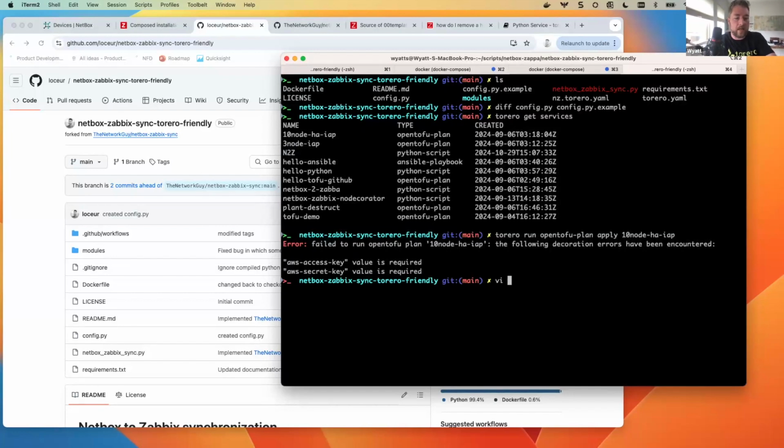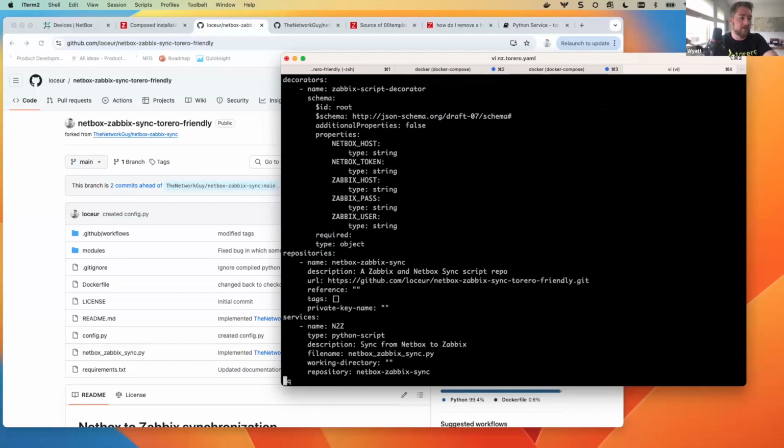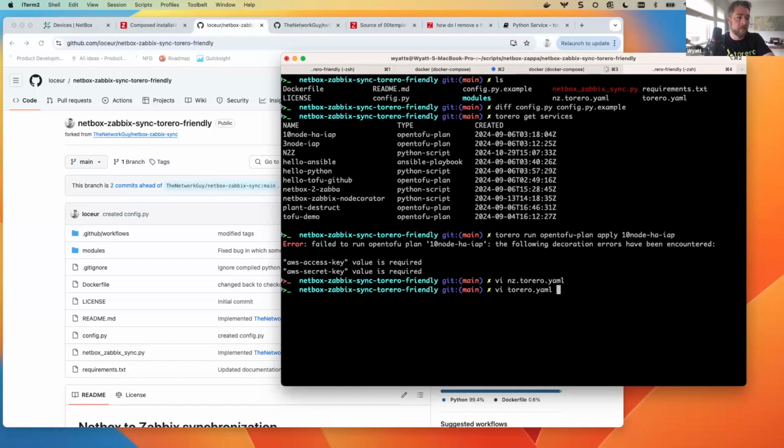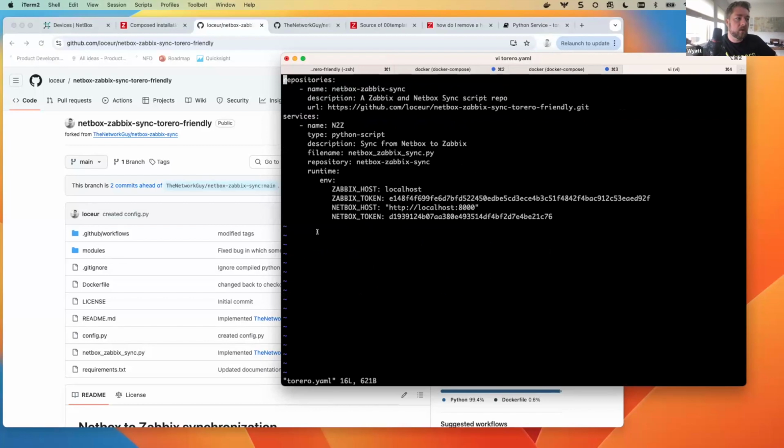If we go look at this, you can do it via the command line, but my preferred way is via a YAML file. So real clean, real easy to see: I've got a repository I've created, and it points to my Zabbix fork that I did, right? Just point it to that repository. And then I create the service.